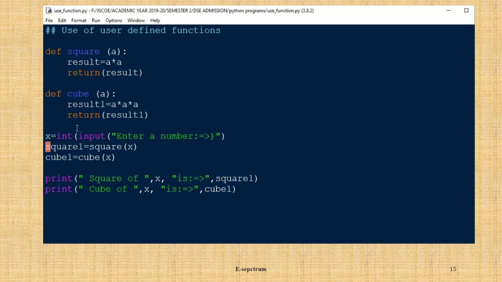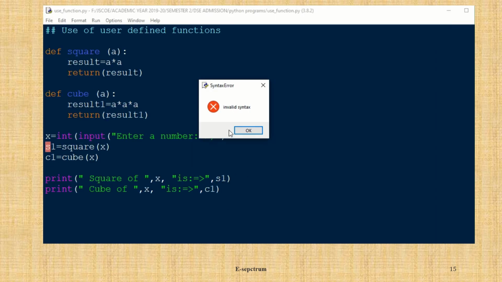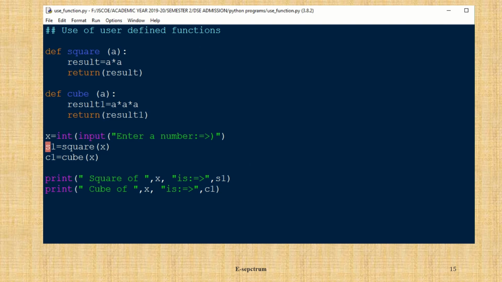Let us check the spelling once. SQUARE, square 1, square x and cube x. Okay. And here also while printing, again it is showing invalid syntax. Let us check.